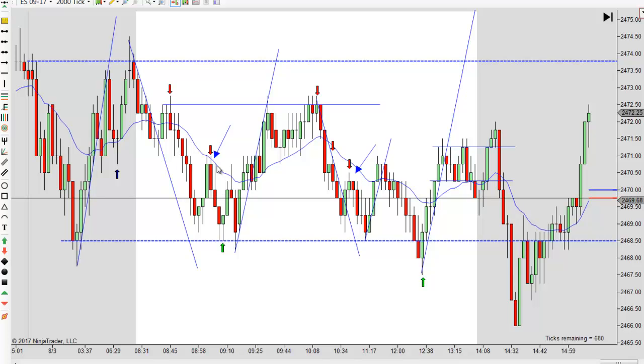You get your true failed second entry long right here, and you get this nice bearish bar again. The key to this, when I drew this arrow here, I marked it red, but the only way you can take this, if you count right here, there's not enough room to get out. It'd be a 4-tick failure. But if you let it break lower and you drop a limit order a tick or two back, maybe 3 ticks back, if you can get filled, I'm okay with that. I'm willing to give that a red if you trade it that way.